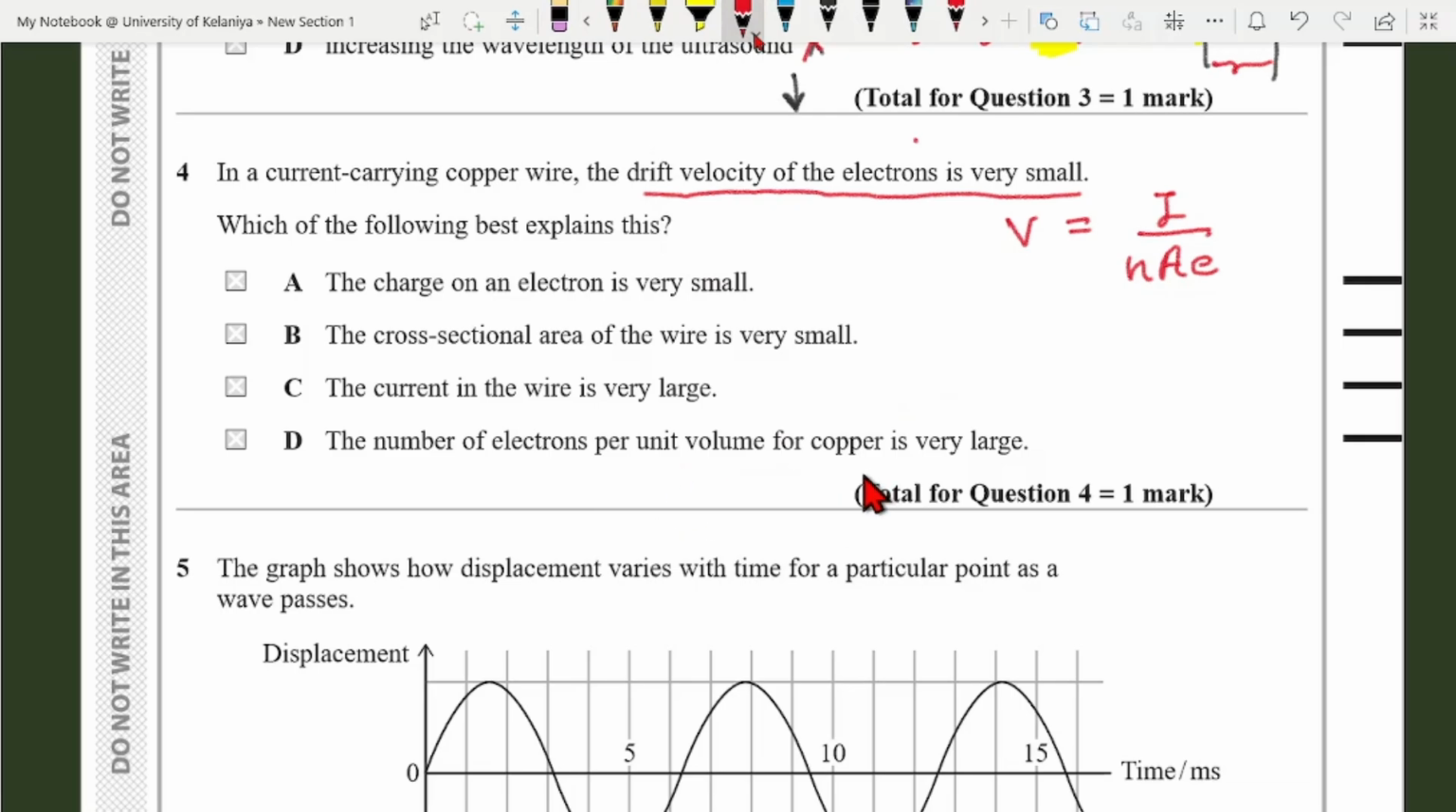Let's check it. The number of electrons per unit volume for copper is very large. Yes, if you increase this one, what will happen? Right, sorry, if you increase this one, not decrease, right? If you increase this one, the drift velocity will decrease, right? So the answer is the fourth one,